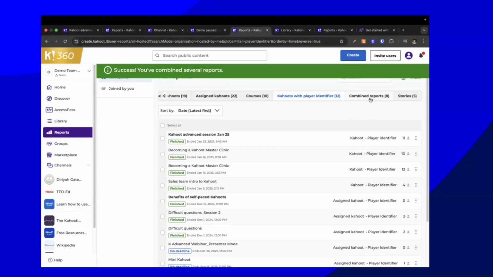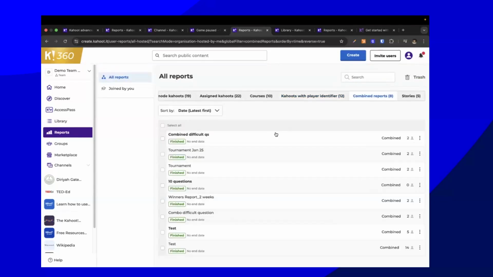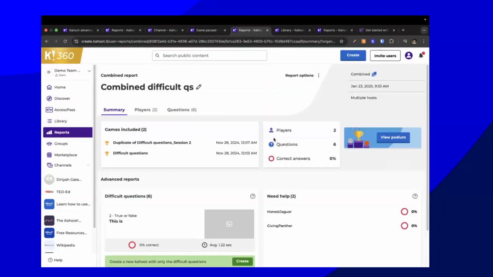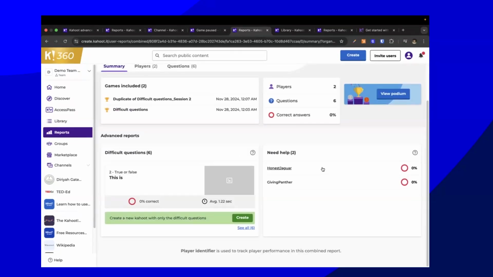What will happen is then, by combining those both together, I can see all in all what games have been included over the sessions and what questions were difficult, who needs help. Is there anything else that I can do to kind of improve the training, solidify the knowledge gaps? And of course, using AI, I can create a new Kahoot only using the difficult questions. When we say difficult, that means any question that less than 35% of participants were able to answer. So lots of time-saving tools even built into that Kahoot.